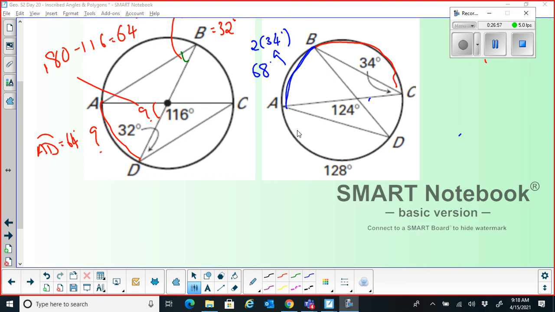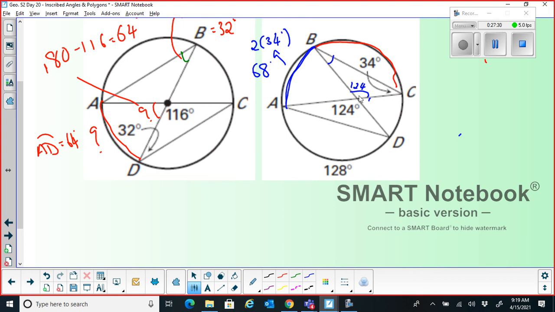Okay guys, this was a little tougher and trickier problem. I need your attention here. We need the value of CD to find BC. We already know this is 124 and this is 34 degrees. So this also will be equal to 124 because vertical angles are equal. So let me put this as 124. And the sum of angles in a triangle is 180, so I can find this angle B. I need to find angle B first, only then I can find CD, because there is no other way to find this particular arc CD.